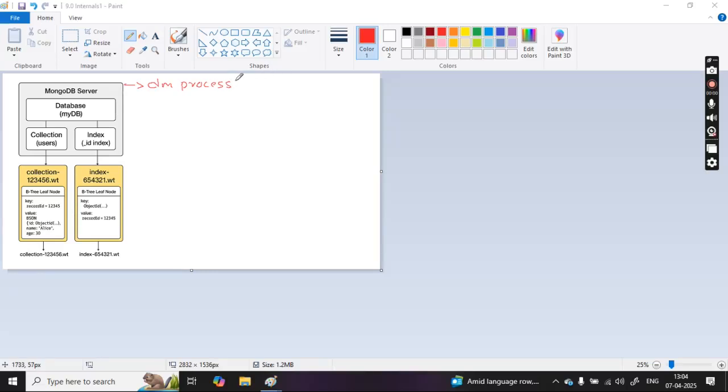Lecture 9, we will be talking about how data is stored in MongoDB. MongoDB runs a background process, as I mentioned earlier. And whenever I say use myDB, or some other name,